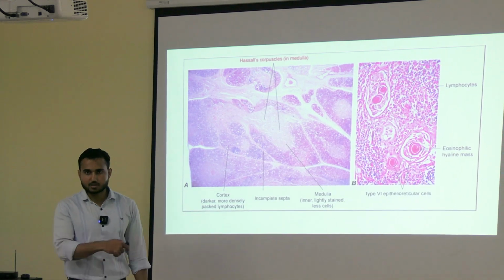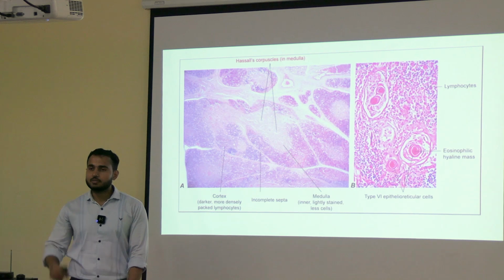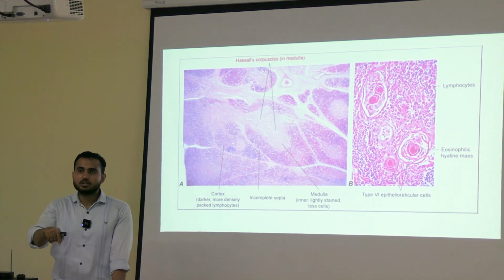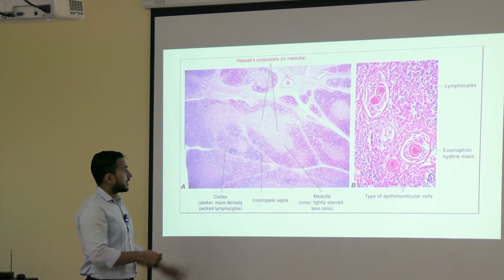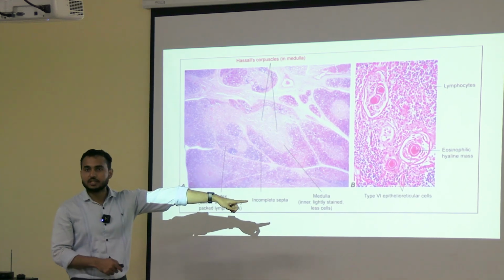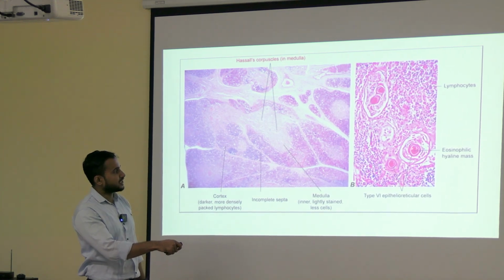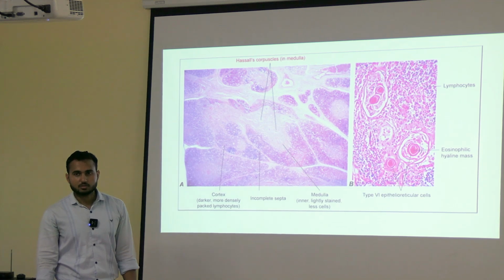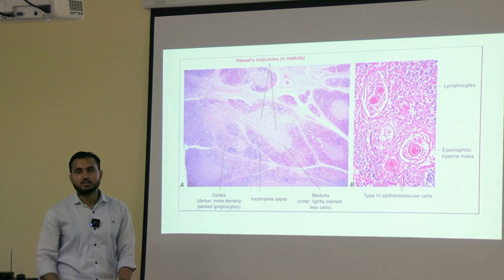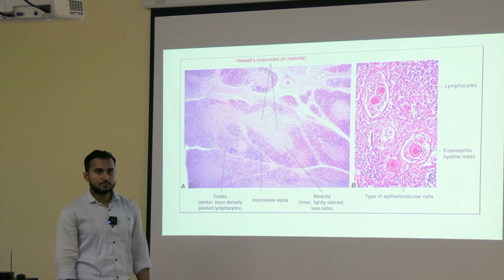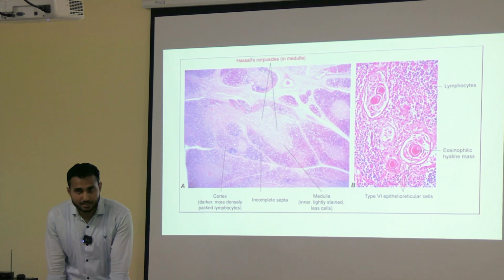Next, what is another important feature of the medulla? Hassall's corpuscle. Can you see the Hassall's corpuscle? Look here. Okay, these are the Hassall's corpuscles. So whenever you see the slide, focus on the medulla to find the Hassall's corpuscle. Now, if you see the magnified version, that means high magnification, this is the high magnification here. In the high magnification, you can easily identify the Hassall's corpuscle. Magnification is used so that you can see the Hassall's corpuscle structure easily.